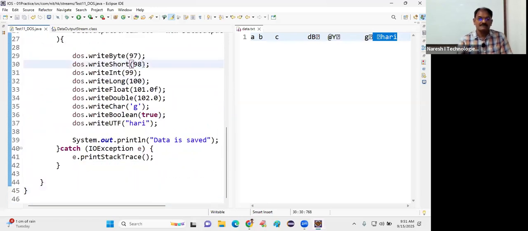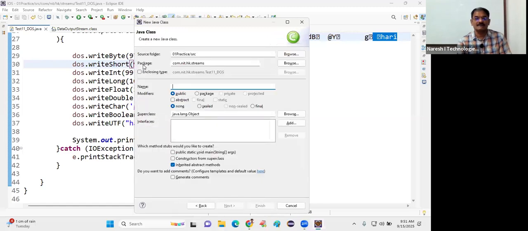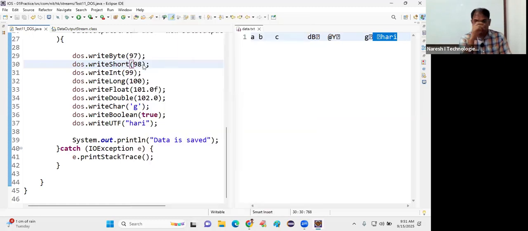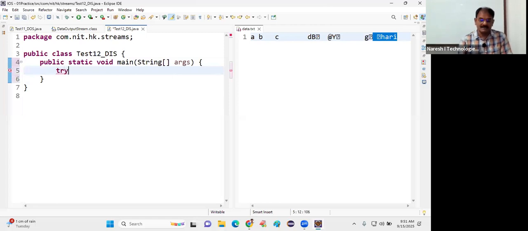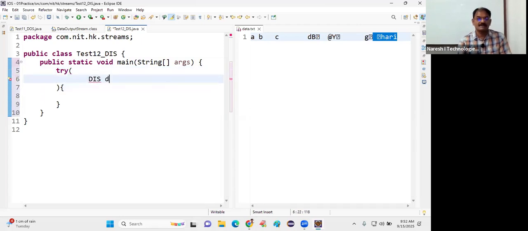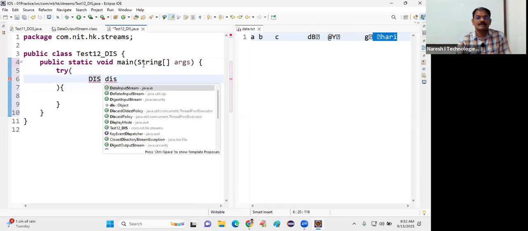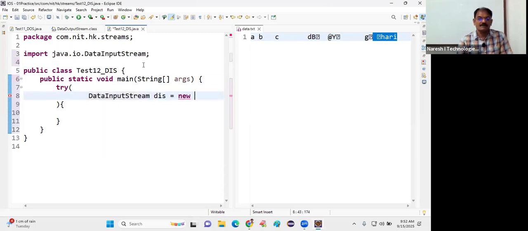Now I want to read. For reading purpose, I have to take another class, test number 12 underscore DIS. Data input stream class. What is the purpose of the data input stream class? It will read the data from the file in primitive data size. Then I have to create first DIS equal to new data input stream of